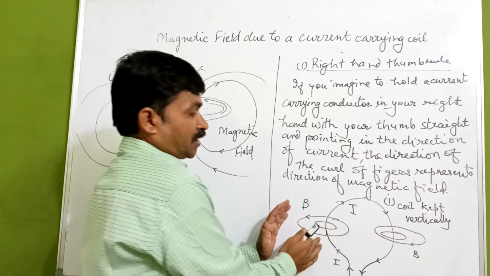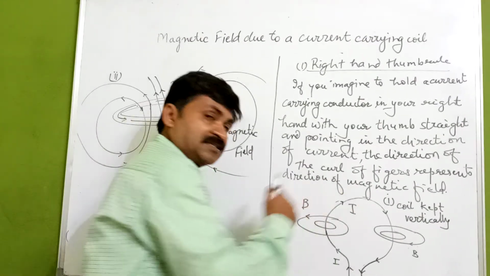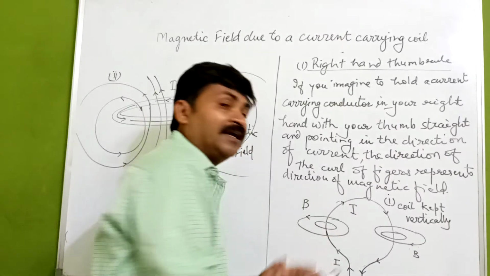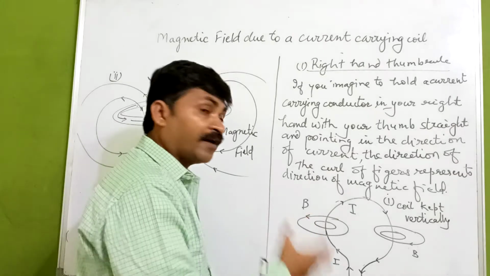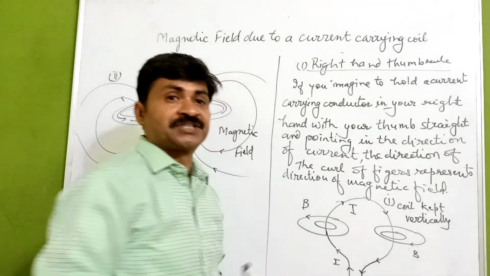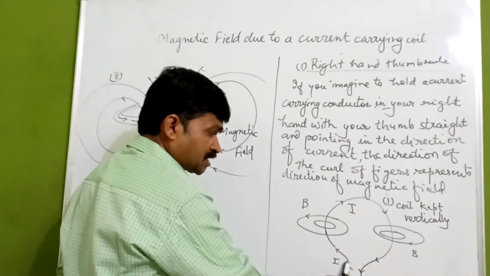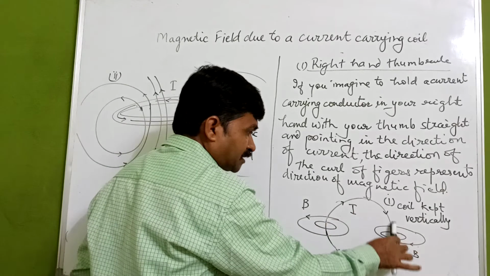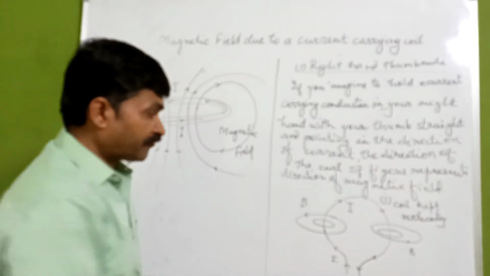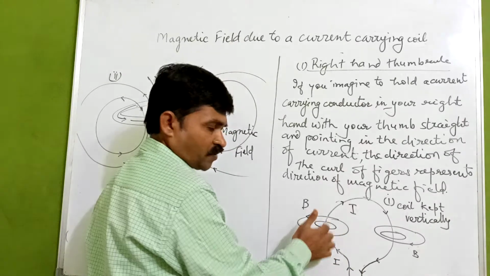So here we are talking about the magnetic field, the current whose effect is magnetism. If magnetism is there, how is the magnetic field generated, where is it more concentrated, and what is its direction? If we go through this, you will find it is a circular one with the current flowing like this. We can take any point; I have taken this point.